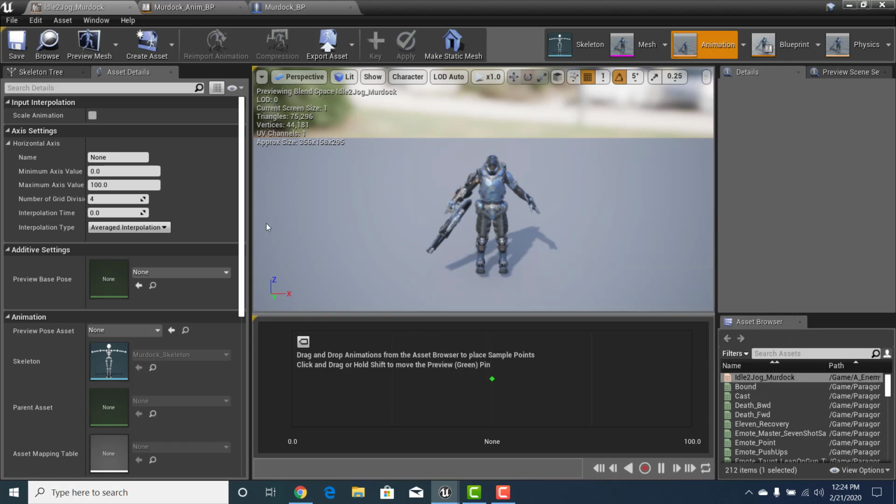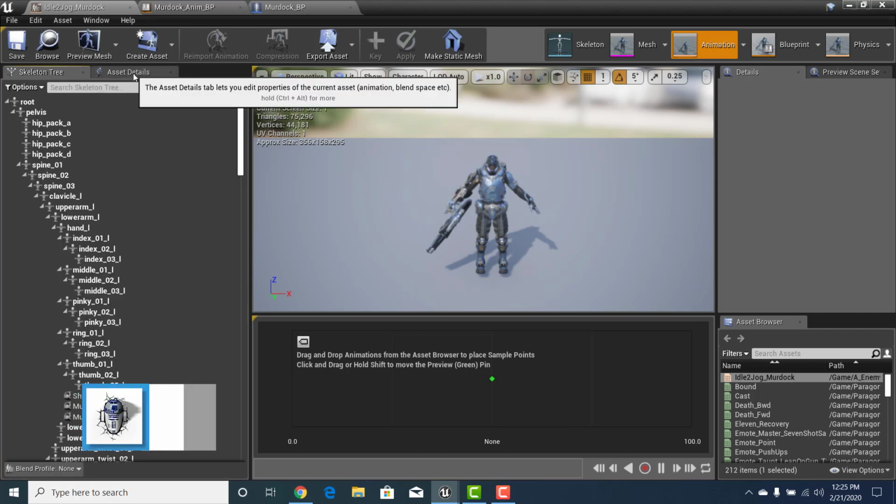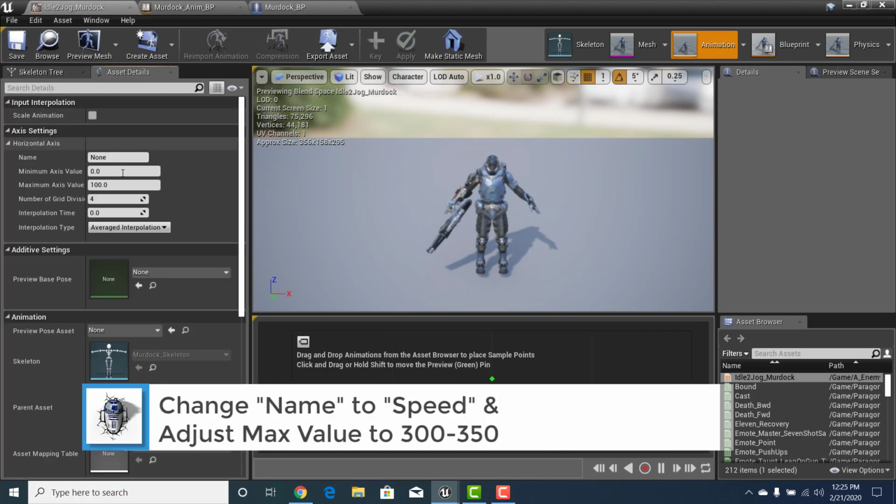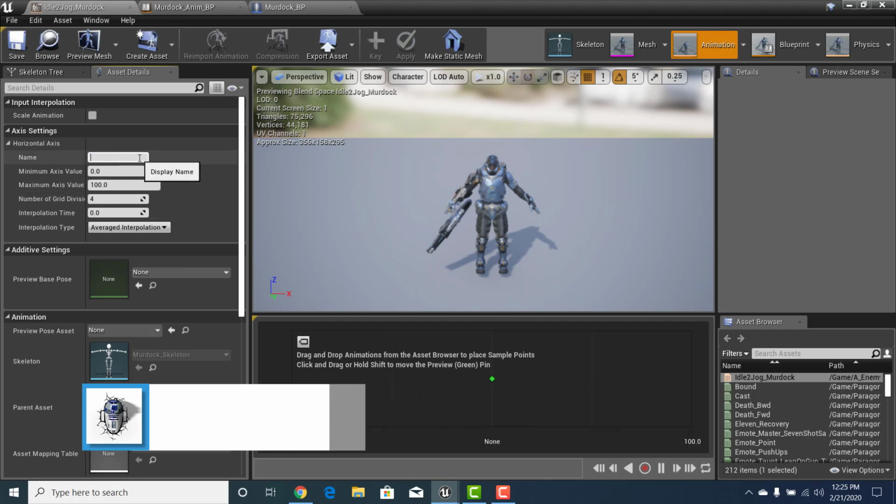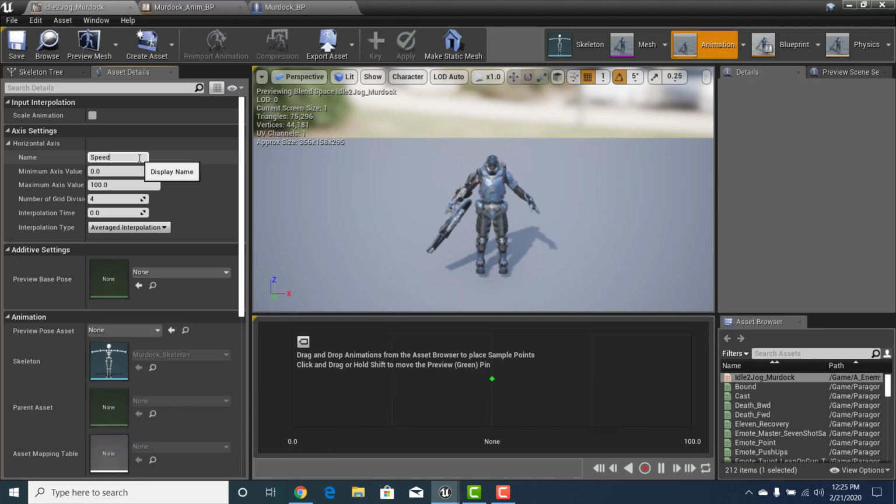Now, before we do that, let's go over here to the left-hand side, and not underneath skeletal tree, but underneath asset details. Let's go ahead and name this blend space, or give it, let's call the horizontal axis speed. Okay, the other thing we want to do is leave the minimum value at 0 so that it matches this, and then we want the maximum value to be 375 or 350. Actually,